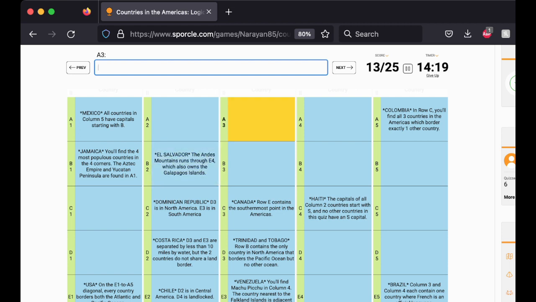Okay, we satisfied that. Okay, row E contains